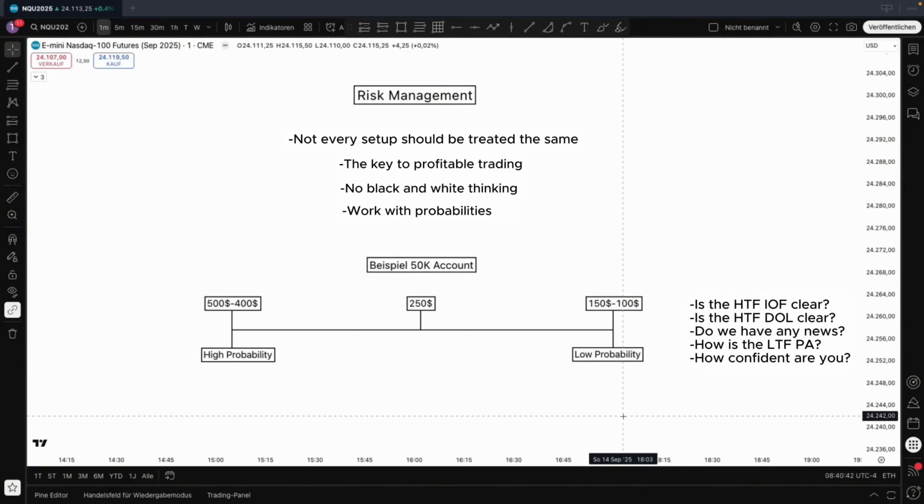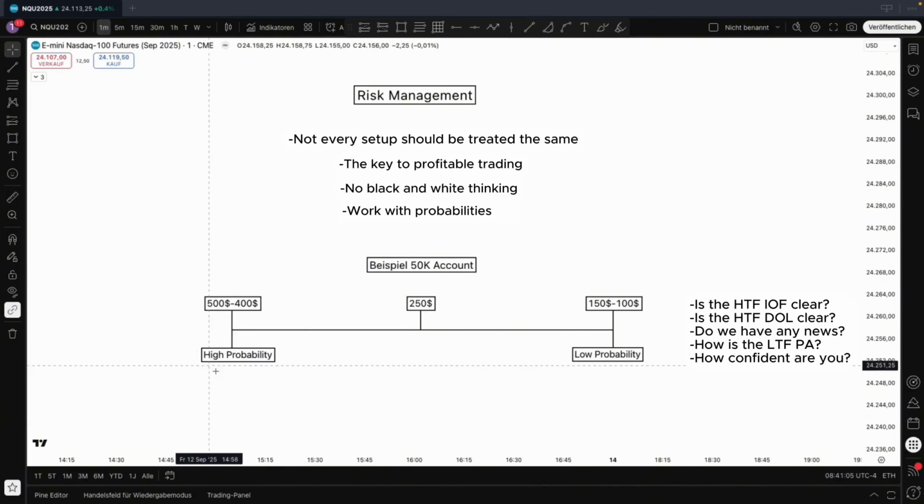What does the lower time frame price action look like? On the higher time frame, everything can line up and we can have a high probability setup, but if the lower time frame, let's say, doesn't do what we want to see, then there's no way I can go in with my maximum risk. Still, if the higher time frame is correct, because we know higher time frame, higher power, we're in a good position.